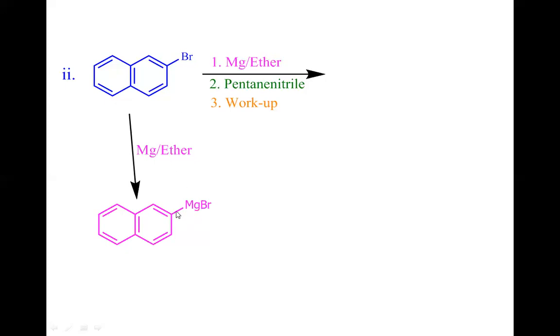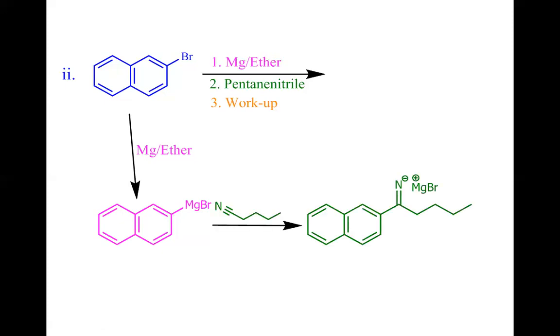So when this Grignard reagent has been formed, it may attack any electrophile such as pentane nitrile. In this particular case, we know that pentane nitrile has 5 carbons, 1, 2, 3, 4, and 5, and the nitrile at the terminal. So this nucleophilic carbon may attack this electrophilic nitrile carbon to have this intermediate, which will be quenched to afford the final product as the ketone. And it must have overall 5 carbons attached to this naphthalene.